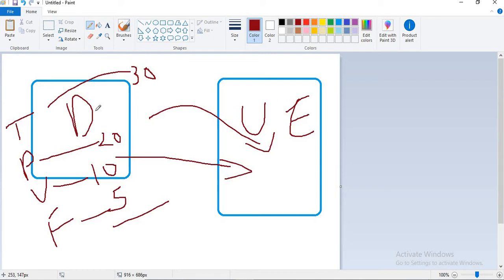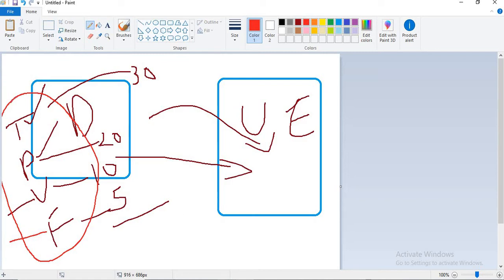Then how best we can do it: SQL Server Management Studio by default comes up with an easy option to generate scripts of all tables in one shot, or scripts of all procedures in one shot, all views in one shot, all functions in one shot. Or you want to club everything in one shot? Yes, you can do that as well. So that is a very good advantage of the recent versions of SQL Server.